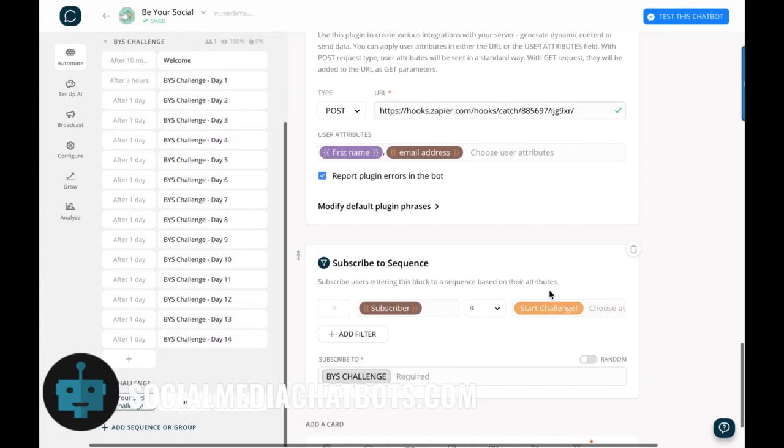And I've got it set up so that when it hits the form, it's automatically going to start the sequence on ConvertKit. But Chatfuel has the ability to do sequences. So the next thing that I've got it set to do is to subscribe to a sequence and set it up as the first one as the Be Your Social Challenge. So what happens is that it starts the process over on ConvertKit, but it also starts the process here on Facebook on Messenger. And so after 10 minutes, I have it set up that the first message that they're going